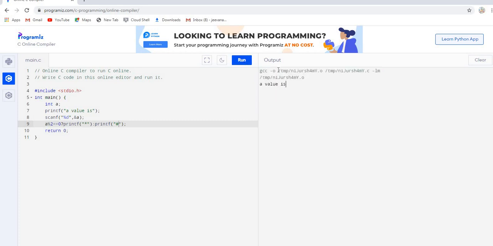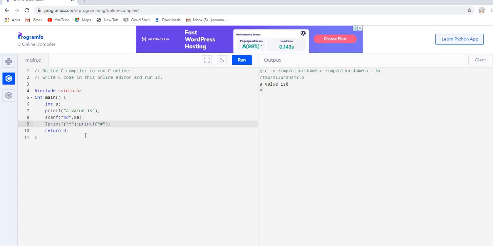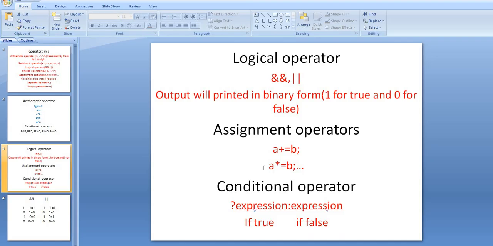Run this program. 8 star, because it's divisible by 2. Okay, this is about the conditional operator.